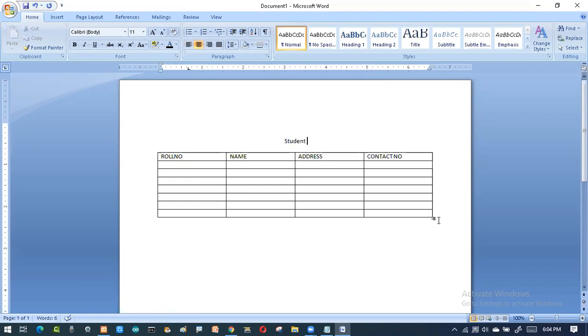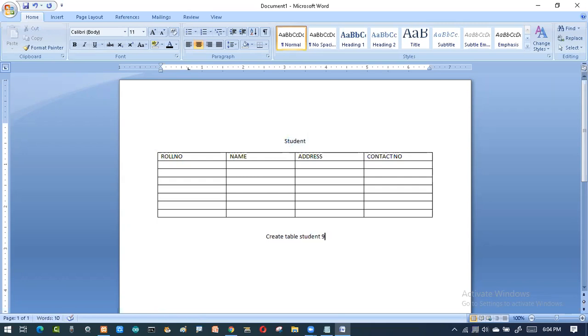If I want to create the dummy empty structure, the syntax we are going to learn is like this. So you can say create table. So the name of the table is what? Here the student is there, so this is my table. So I want to create something called student.